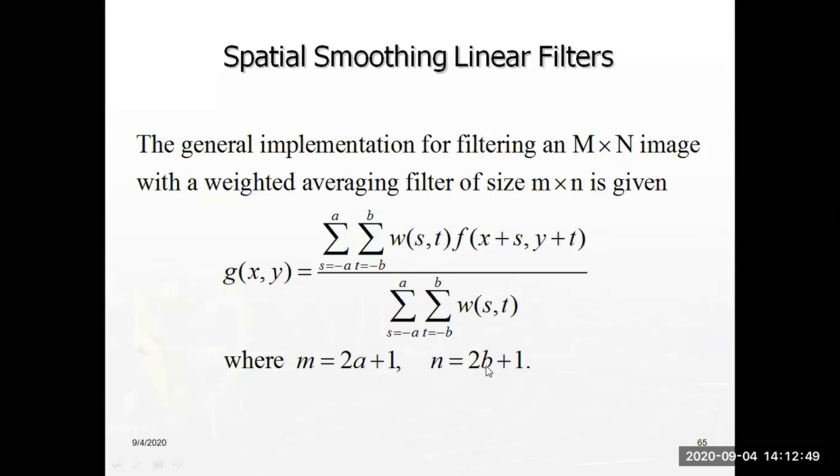By knowing these parameters, we can decide the size of the mask we can use to perform the linear filtering operation for smoothing. Remember, here in spatial filtering, that too smoothing filtering, there are two types: linear filtering and non-linear. Now we are in linear. The general formula for linear filtering is g of x comma y equals sigma s equals minus a to plus a and sigma t equals minus b to b, of the window into your input image, divided by the sum of your window.